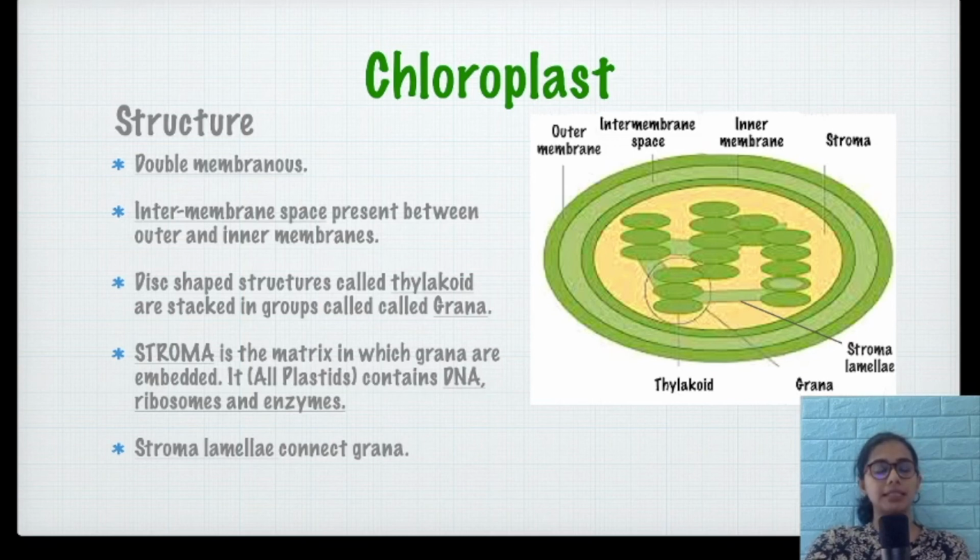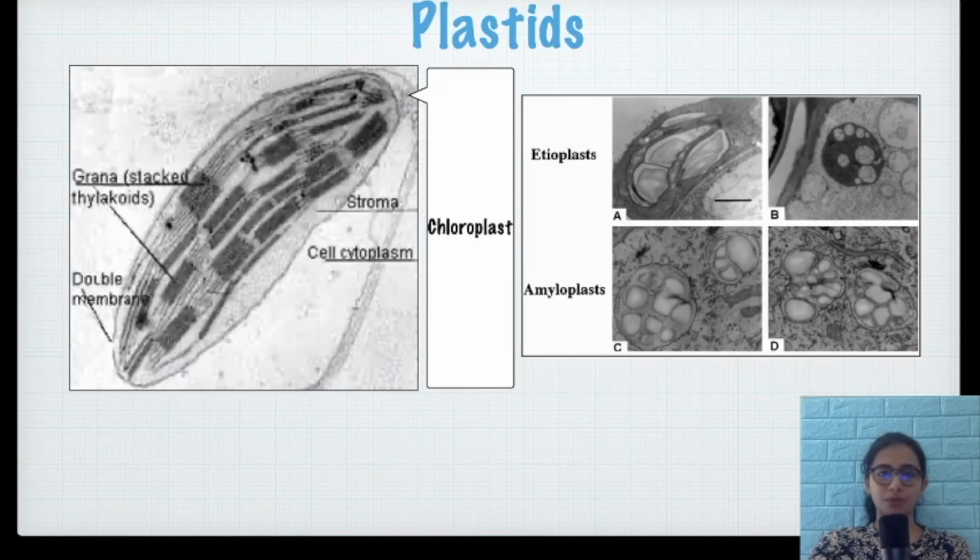So, plastids and mitochondria are the only organelles besides nucleus that contain their own DNA, right? So, hence over here it's obvious that even plastids can make some of their own proteins, right? Because they have all the materials needed, that is DNA and ribosomes and enzymes. So that is the structure of chloroplast. Now, what is its function? We all know. It helps in photosynthesis.